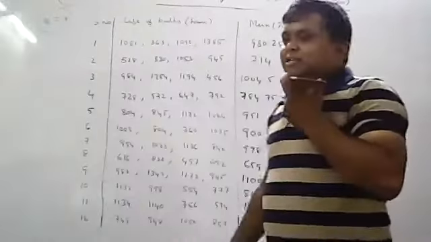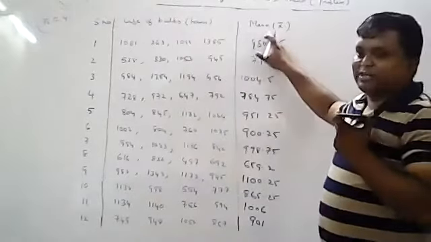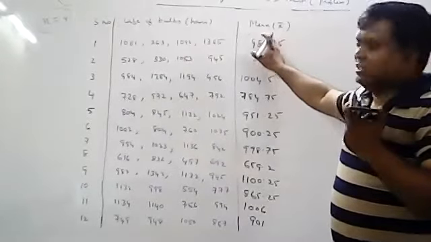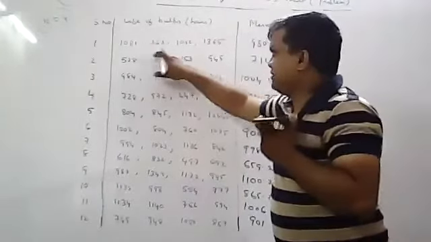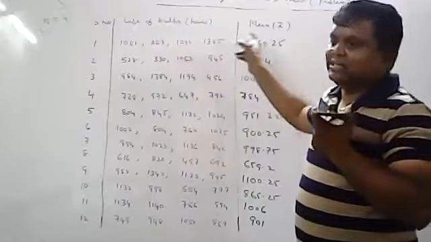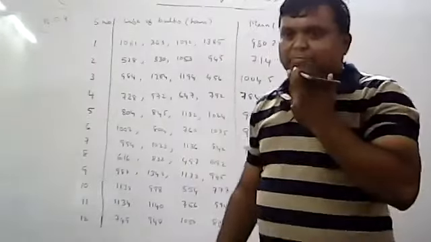So in the examination, numerical values will change. The procedure is the same. What is the first step you have to calculate? First step, you have to calculate the mean. What is the mean formula? Sum of the observations by number of observations. Just add the values, divided by 4 as 4 values are added. So divided by 4, you are getting these mean values.